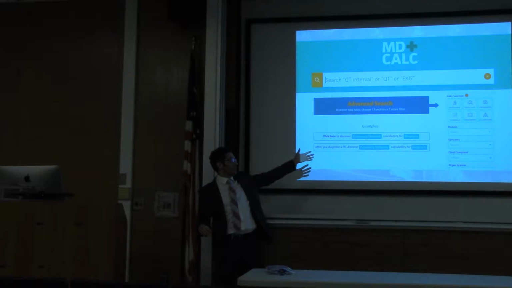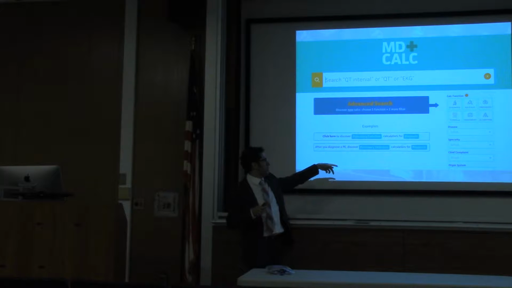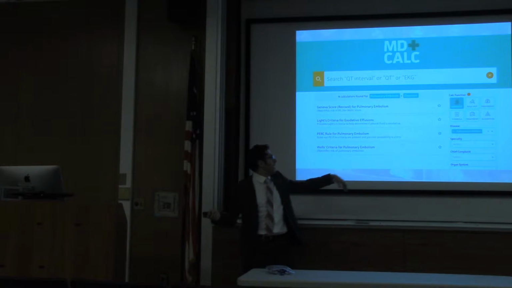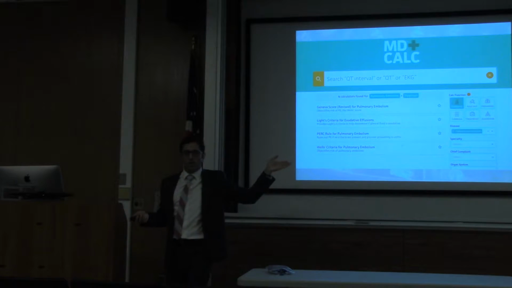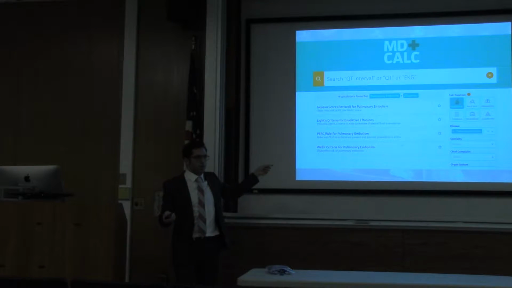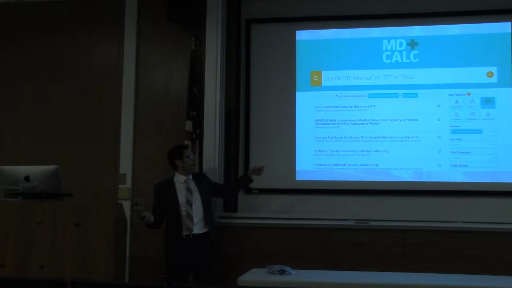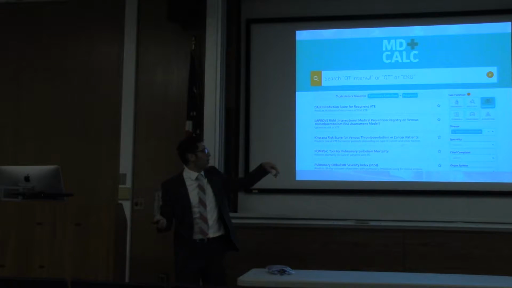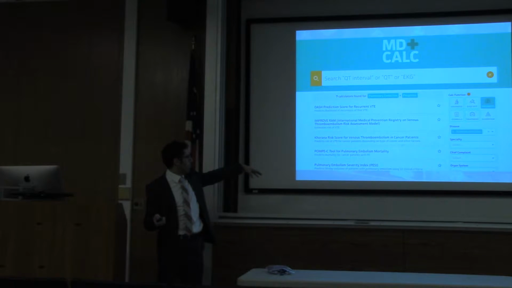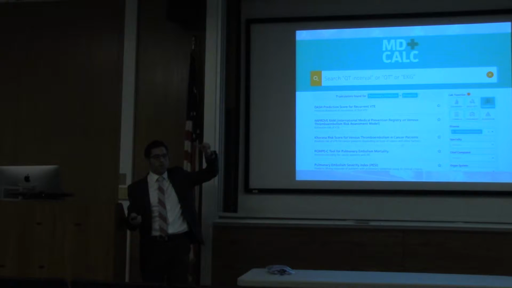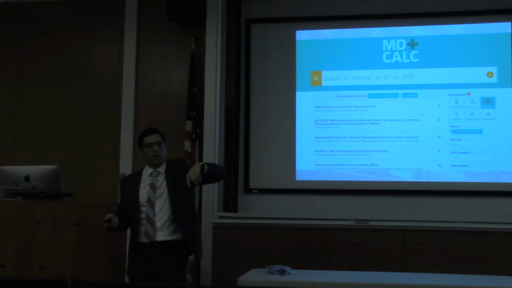So we've created this new way to discover calculators where you can write pulmonary embolism and diagnosis. And it tells you all the calculators and one-liners on the calculators. And then after you diagnose PE, you can say, all right, now I need to prognosticate PE, so PE plus prognosis. There's the PESI rule score and a bunch of other scores that help you figure out what to do with that patient with